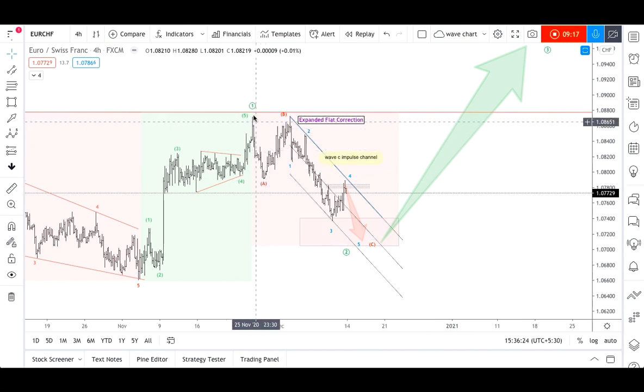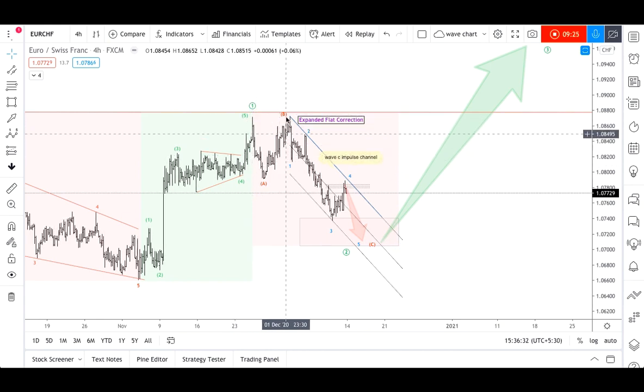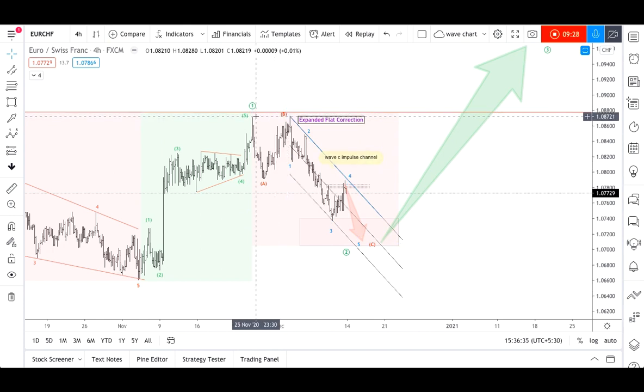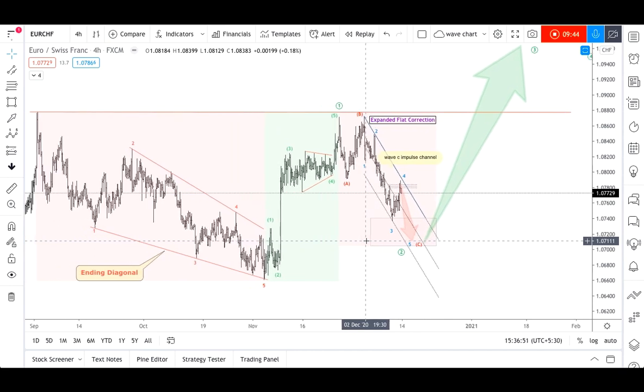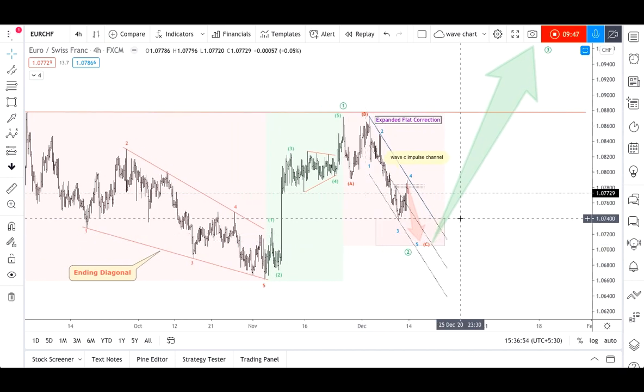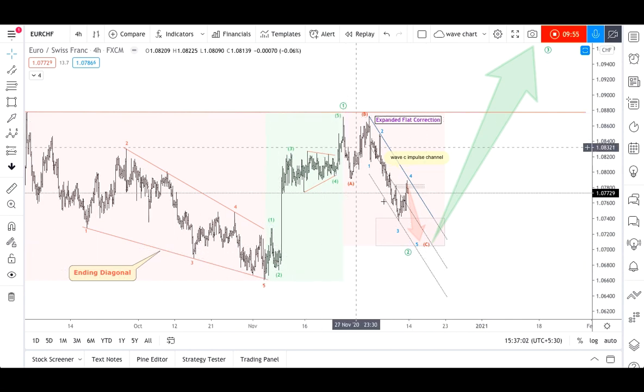So in this manner we will finish our second wave correction in terms of expanded flat: three waves down, three waves up, slightly over wave A, and from that we have to see a wave C consisting of five wave patterns: wave 1, wave 2, wave 3, wave 4, wave 5. So it completes our second wave correction A, B, and C. In this region we have also learned about the common Fibonacci relationship, like the 61.8 retracement level and 78.6% retracement level for wave 2. So this is the common relation between wave 1 and wave 2.